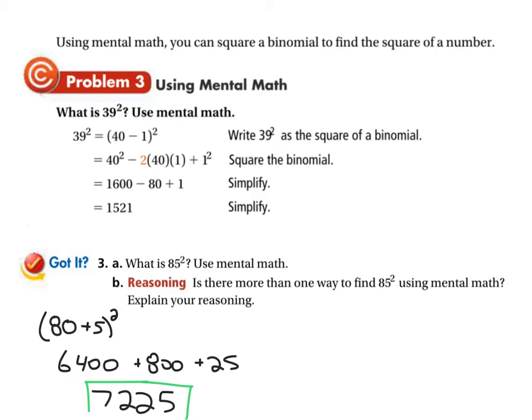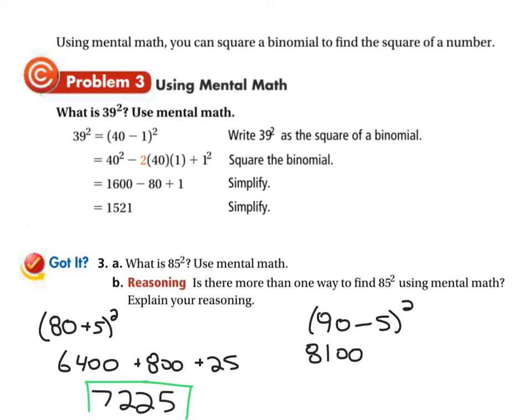Now, is there another way you could have done that? Yeah, actually, watch. You could have, instead of seeing 85 as 80 plus 5, you could have seen it as 90 minus 5, squared. That's still equal to 85, 90 minus 5. So let's then do it that way. Well, 90 squared, 9 times 9 is 81. Add the two zeros, okay? Now right here, you get